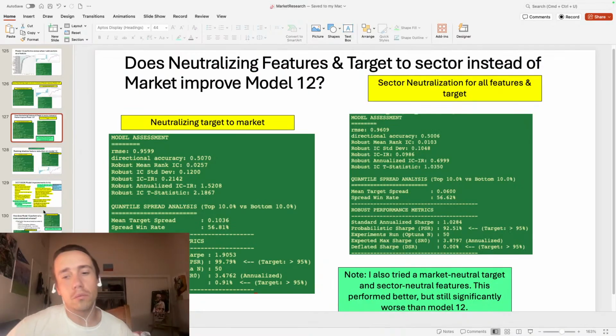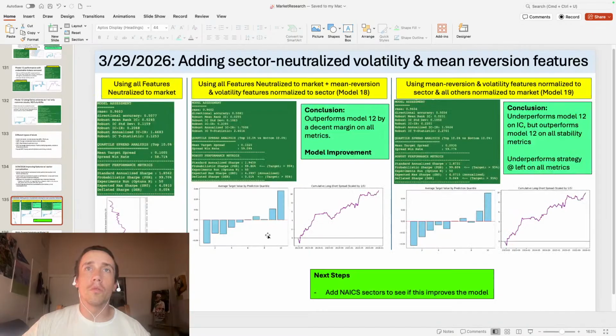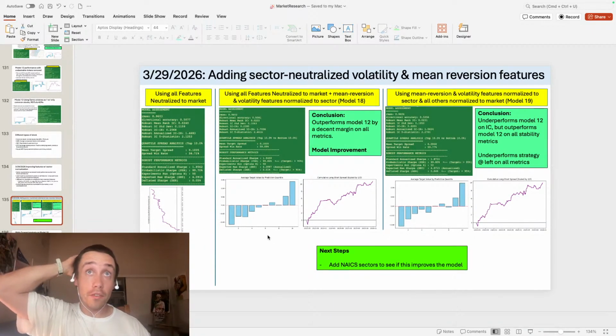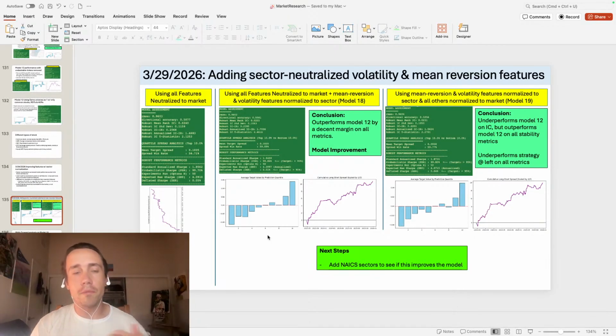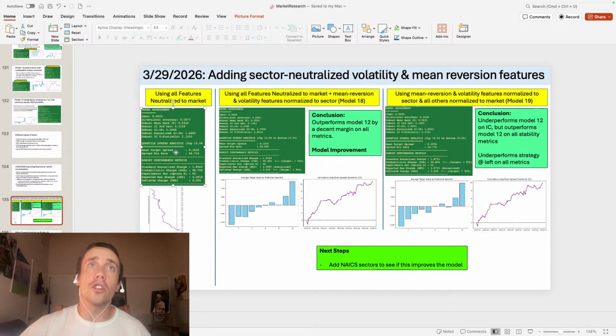And so I thought this would improve the model. I wanted to figure out why. And then this afternoon on the stream, I found that if I'm using all the same features as the really good model, and then I'm adding more features for the mean reversion and volatility, I'm normalizing those to the market already in the good model here. But then I added more features where I'm neutralizing them to the sector. And it turns out that improved the performance of the model in every way,